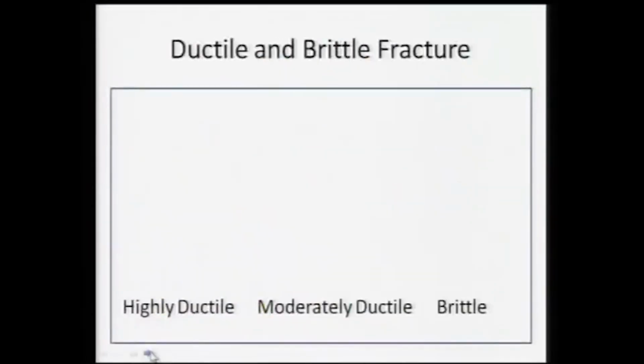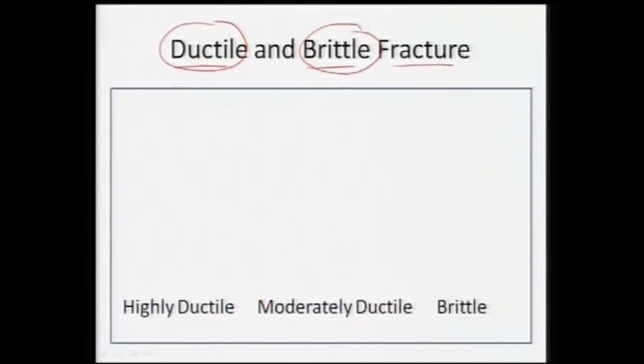And just to give a feel of how ductile and brittle fracture can be induced. So, why ductile and brittle fracture? Because if a material fails very dramatically, catastrophically, like if I take a piece of chalk and just shear it, bend it, the chalk piece will fracture in a brittle fashion. But if I take an aluminum wire and start bending it, the aluminum wire will not break, it will start deforming, and I will have to bend it many times so that it finally fractures.